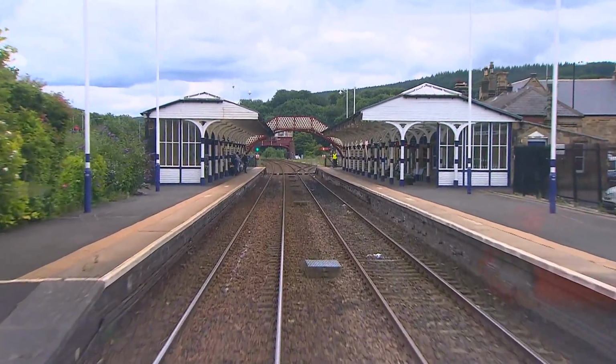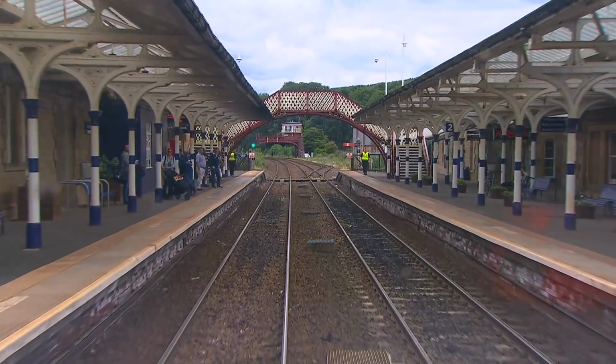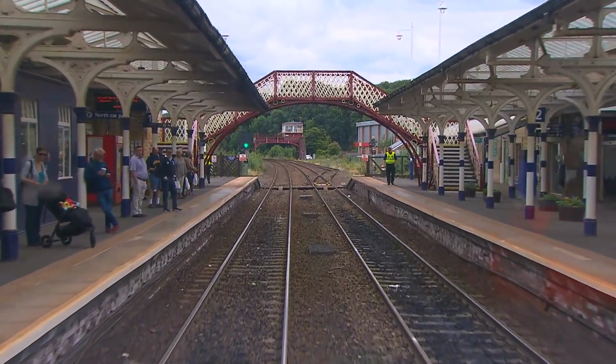Note the starting signal on the down platform. This is used by the hourly stopping service that starts here. It runs to Nunthorpe via